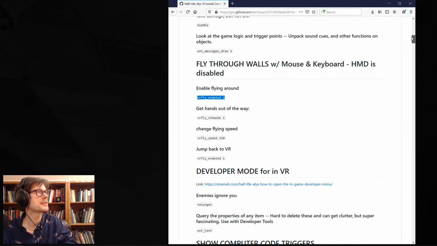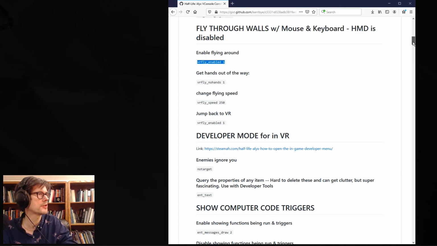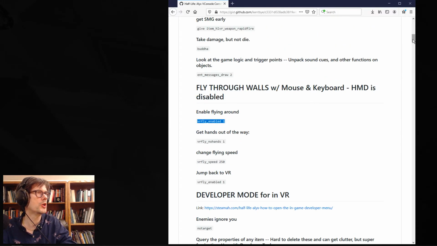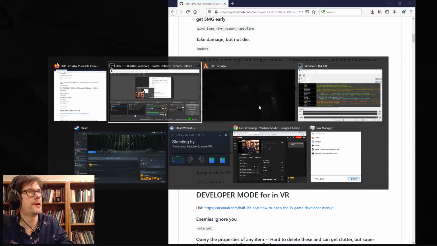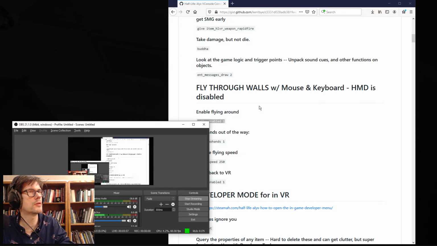But these commands, I'm going to be going through these commands here real quick. The flying in the developer mode is also really cool. I'll be hopping into VR for that. But let's first do the VR fly enabled. So quick caveat here is that